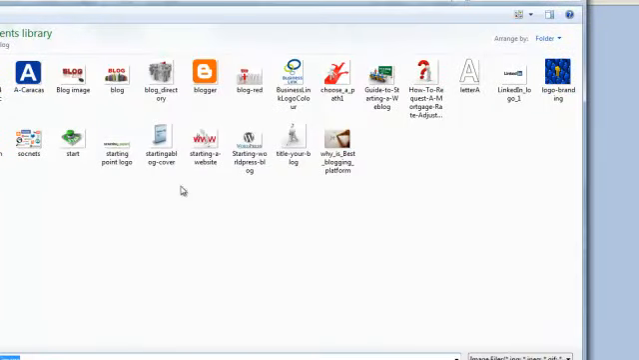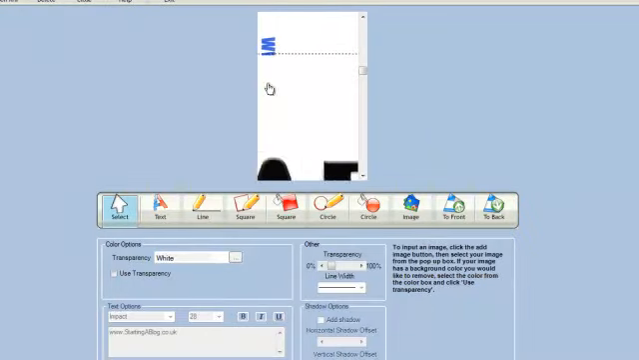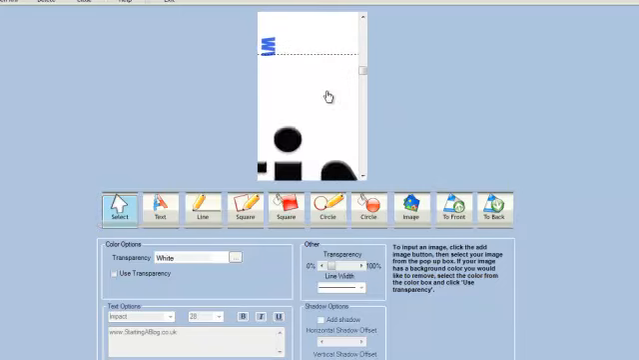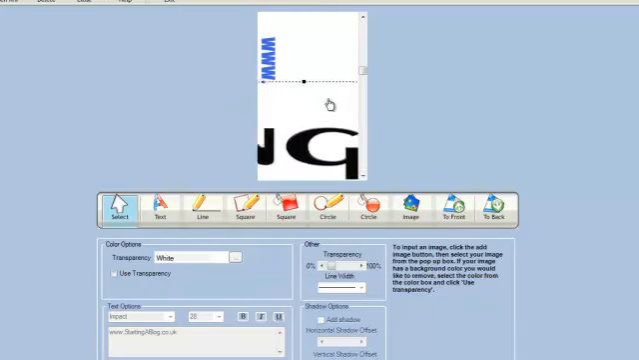So I'm going to get another image and select that. So I'm going to use this starting point image. So you can see it's huge. So I need to resize it. So I'll find this black dot and then shrink it down. Now this might be too big for me,